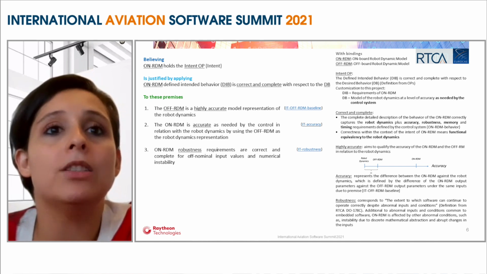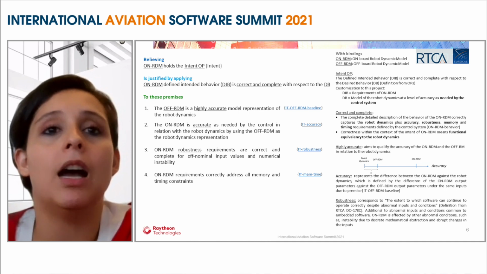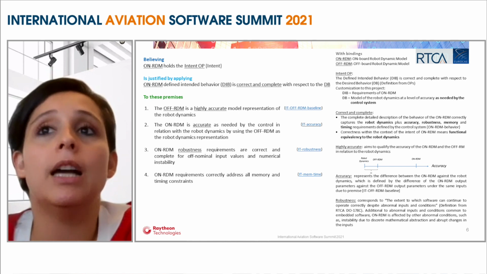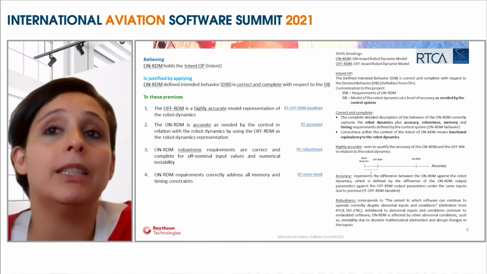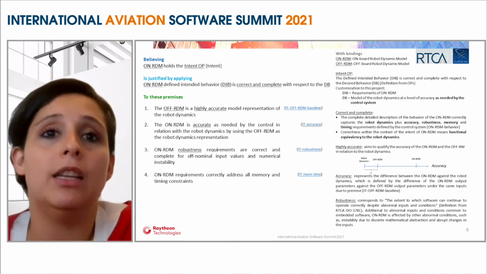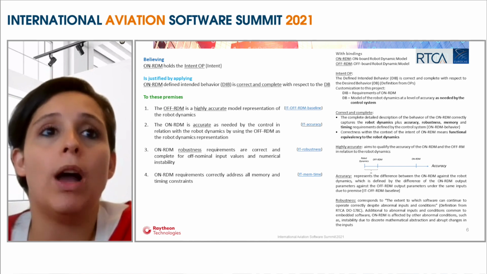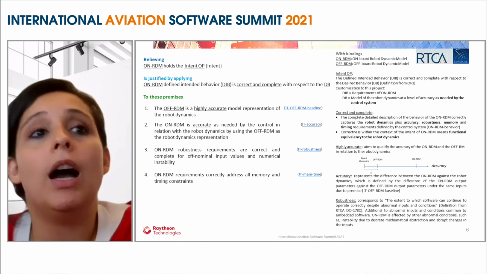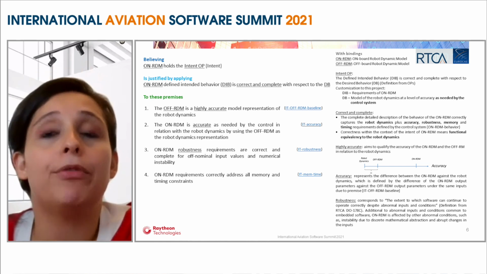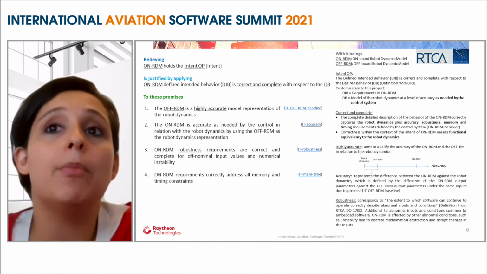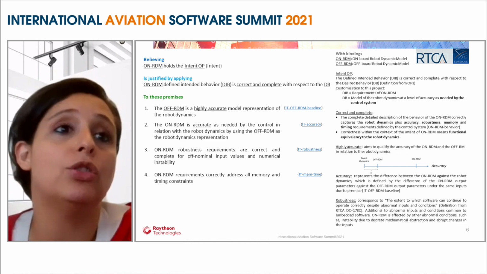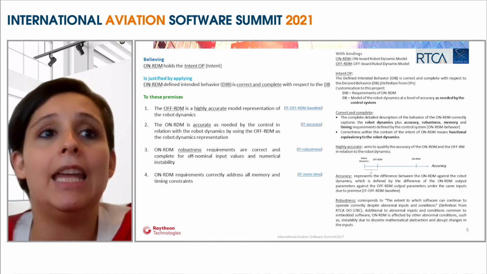This numerical instability, shown here on the right, is caused by the discrete mathematical abstraction used in the model. That is the reason why we need to describe it in the requirements. Now premise number 4 states that the memory and timing constraints provided by the target platform that we're using need to also be addressed in the